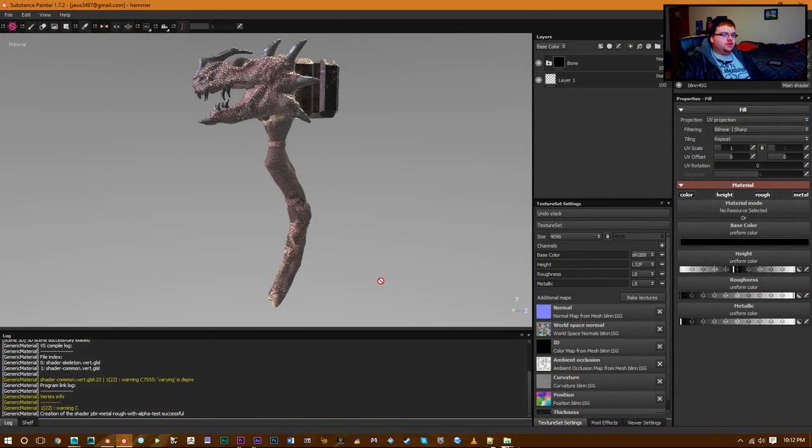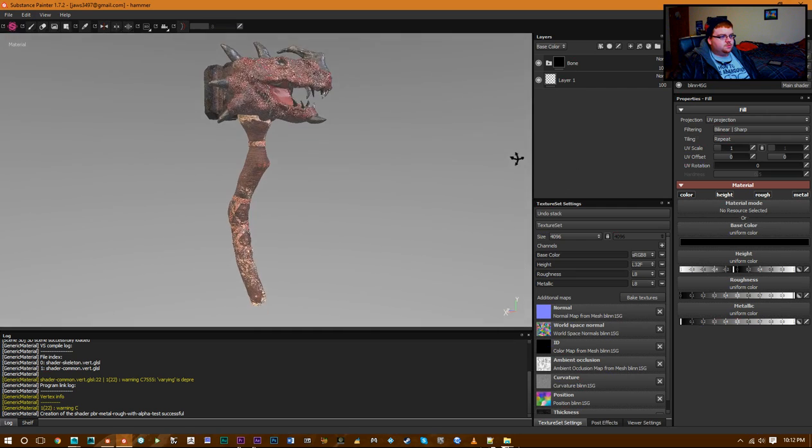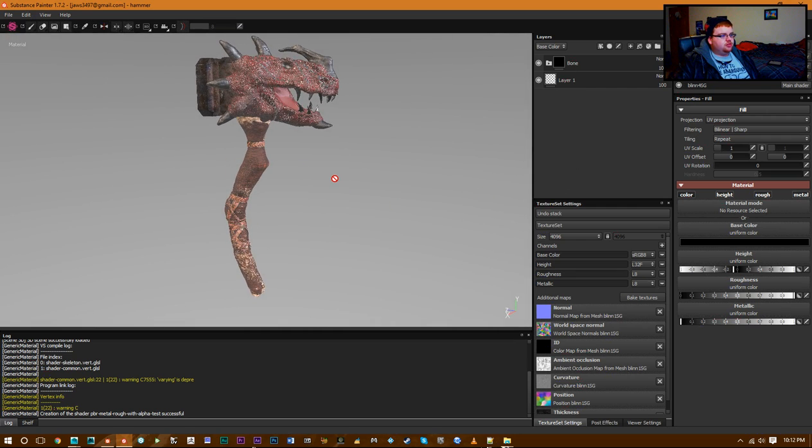But let's just pull this up here. Here's the model I'm working with. I already have everything taken care of. I've textured it the way I wanted it, and I got it the way I want it, and I think it looks pretty cool. It's a dragon hammer, obviously, and what we're going to be doing is we're going to set up an export system for you to